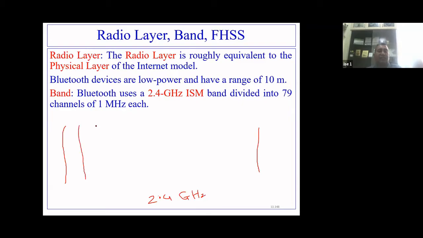This is channel 1, channel 2, channel 3, and so on, 79 channels, and each channel is of 1 megahertz. You got the idea? So this is 1 megahertz, this is 1 megahertz, this is 1 megahertz, and so on, up to 79. That is what you have to remember.